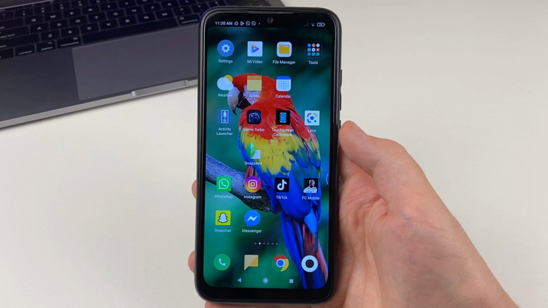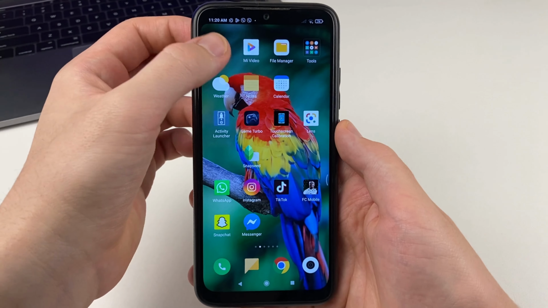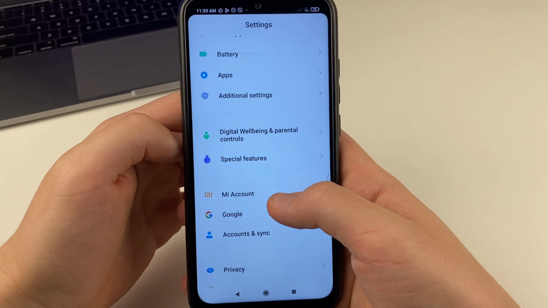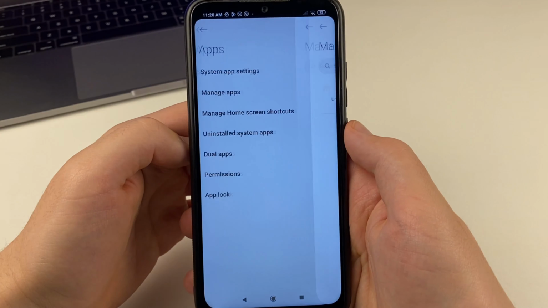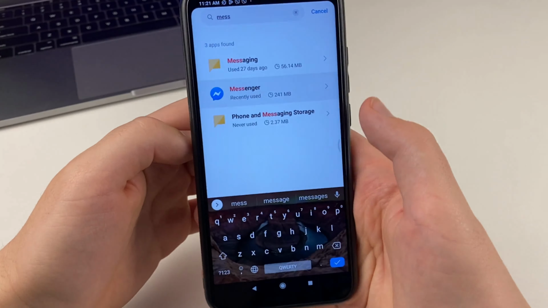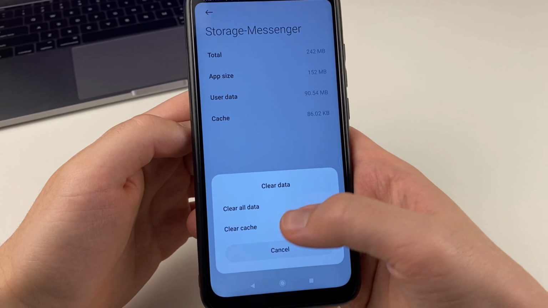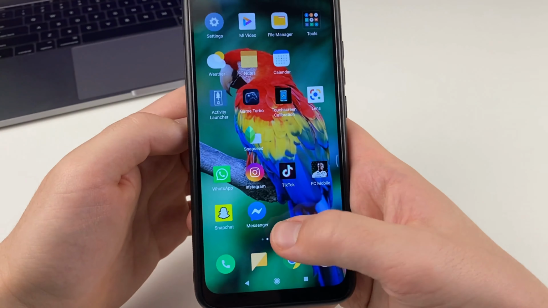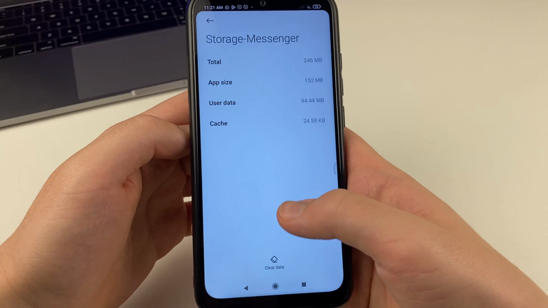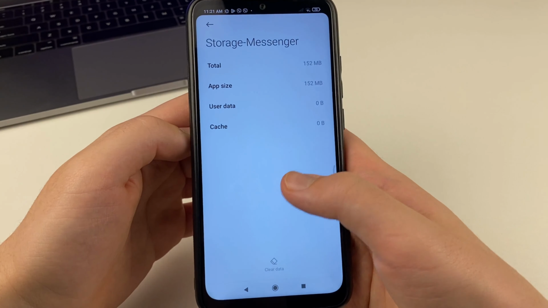In order for us to fix Messenger, if you can't get into it or it's not working, the first thing we need to do is go to the settings on our devices. Scroll down to the bottom and find Apps. Then open Manage Apps. Then in the search box, write Messenger and we'll find it. Here we open Storage. The first thing we need to do to make the app work is to clear the cache. After that we go to Messenger and check if the method works, and if it doesn't, then we need to clear both data and cache in our Facebook Messenger app.